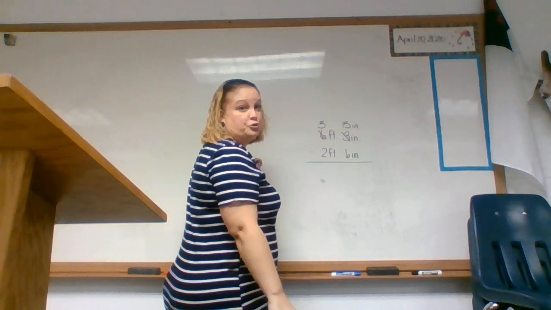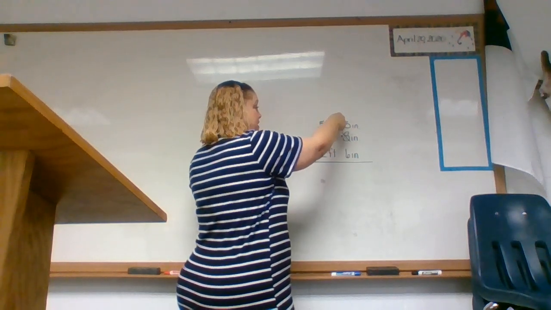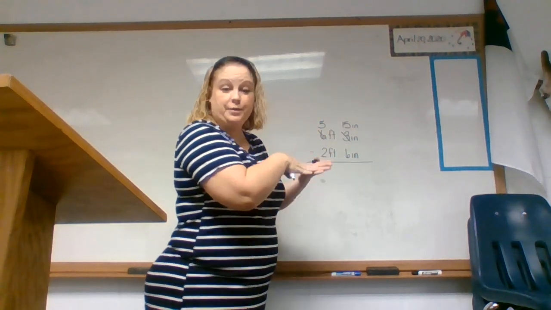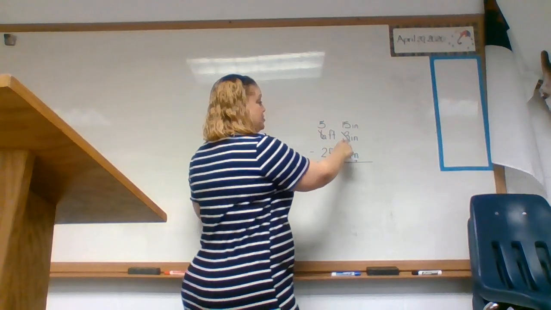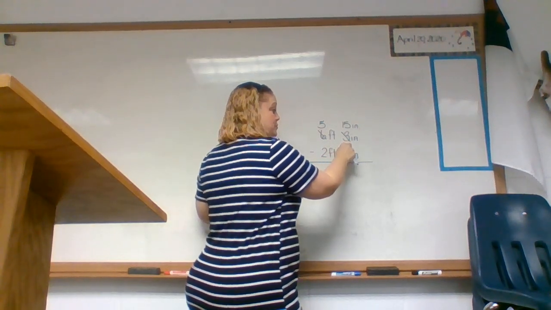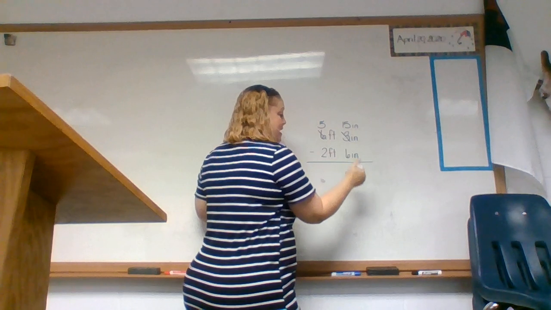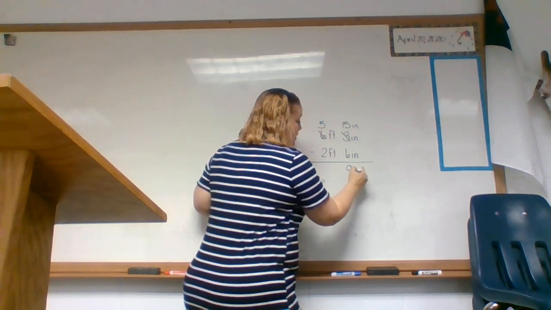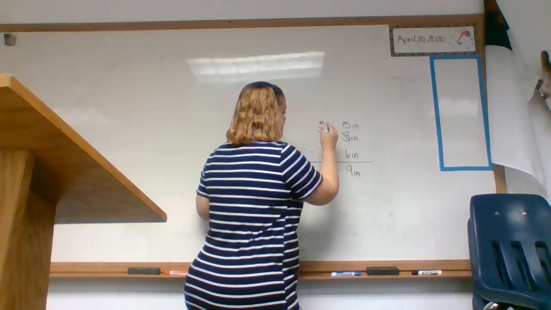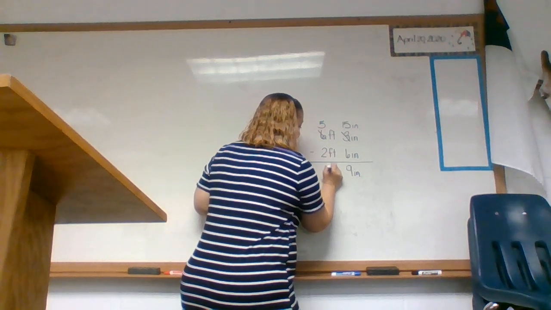Okay. You should know by now where I got the 15. I borrowed a foot, which we know is 12 inches. 12 inches along with this 3 inches we already had is 15 inches. Now I can subtract 9 inches. That looks lovely. And 5 feet minus 2 feet